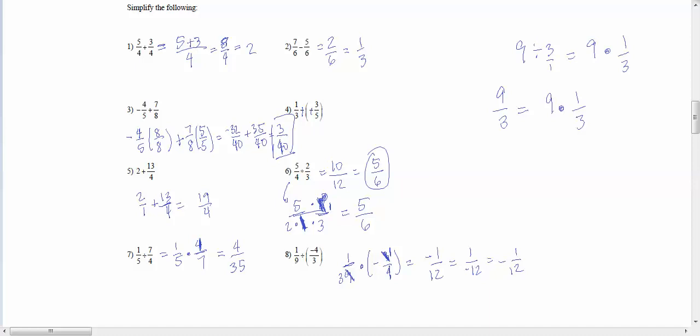Essentially, I want you guys to know these steps. Know the steps on how to add, subtract, multiply, and divide fractions, because that's going to be key to what you're going to be doing in the coming